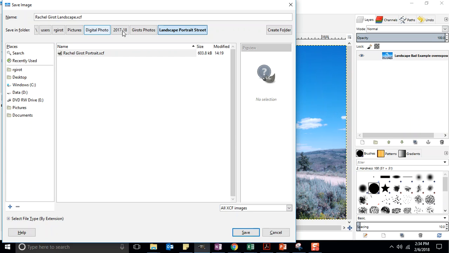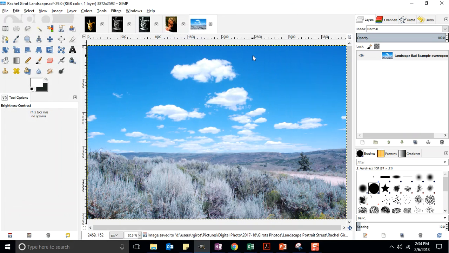Make sure you have it in the right photo folder. See, it's in my digital photo 2018 Girot's Photos Landscape Portrait Street folder. You should have yours in a special folder where you can find it when you go to upload it to the Dropbox, right? So I talked about the rule of thirds, and up here by this ruler, I'm just